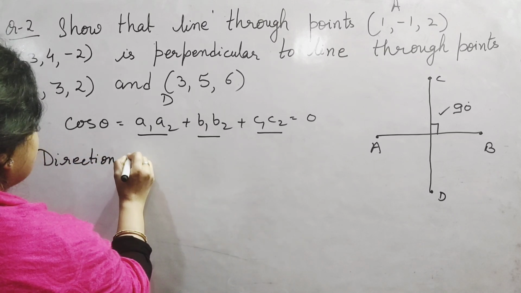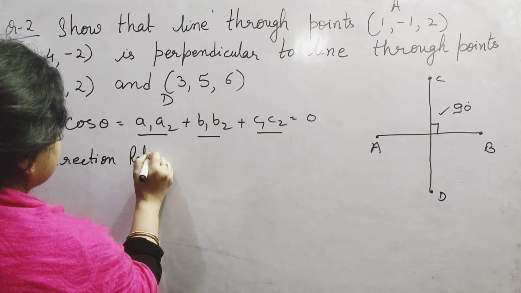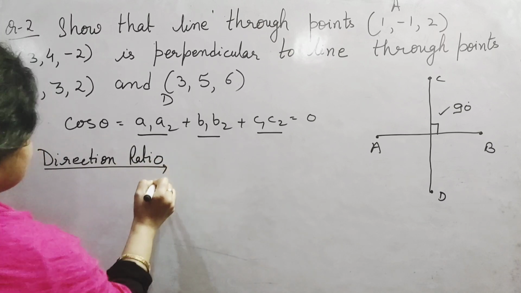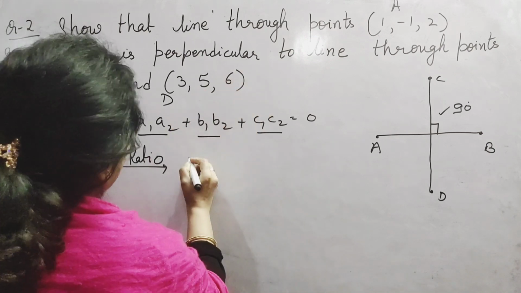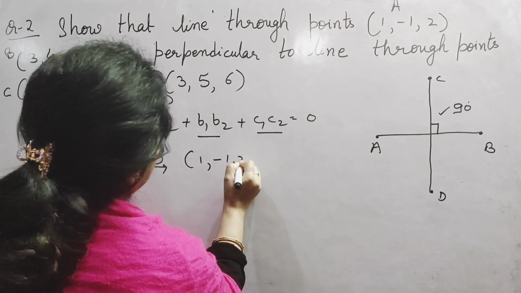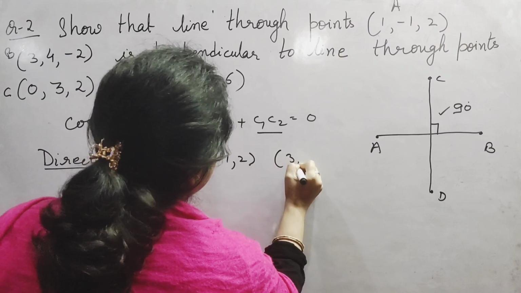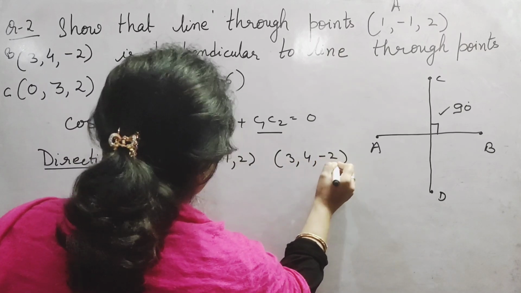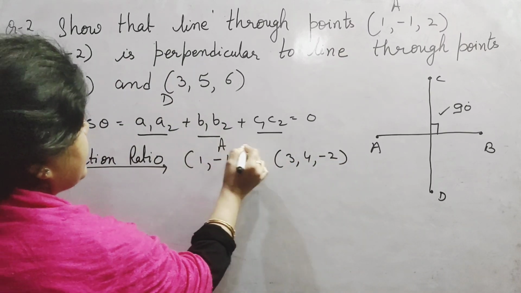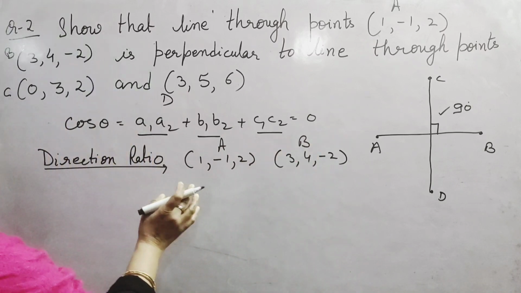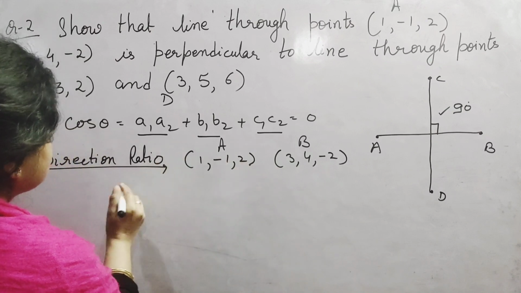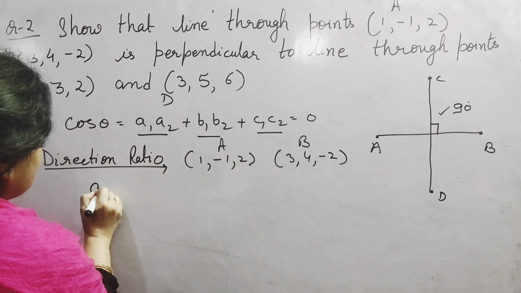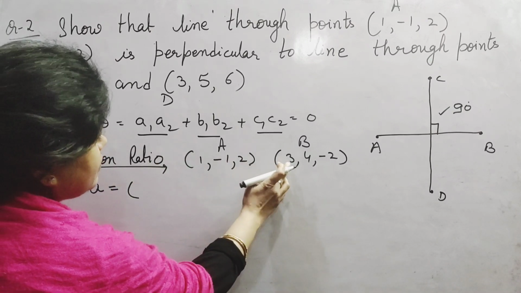How will we find the direction ratio? We have to find the direction ratio. So if there are 2 points, (1, -1, 2) and another point (3, 4, -2). Let this point be A and this point be B. So, we can find a direction ratio using these 2 points in this way. Value of A1 becomes 3